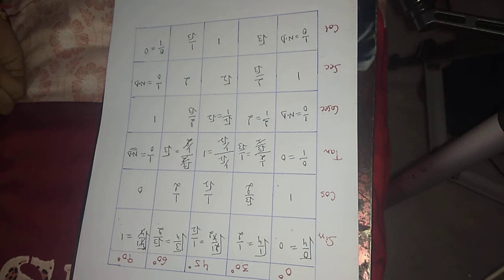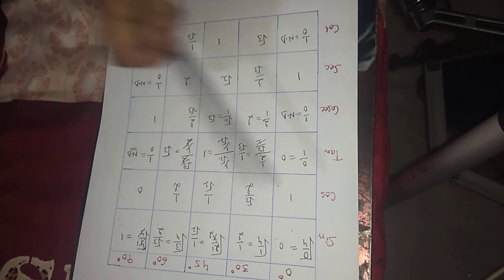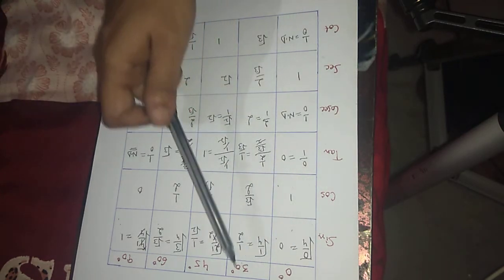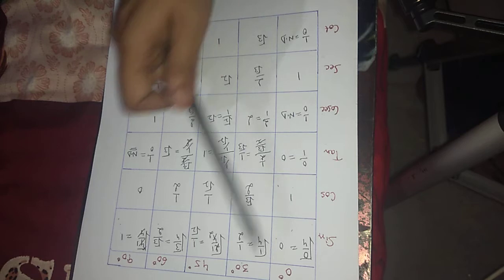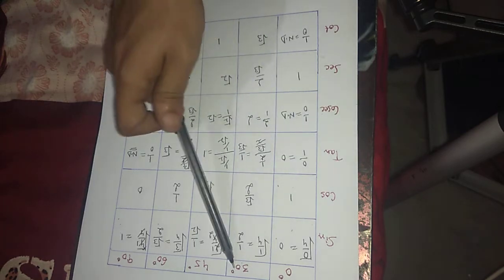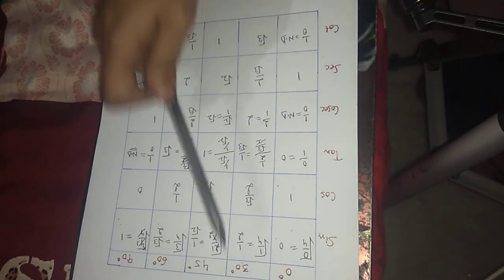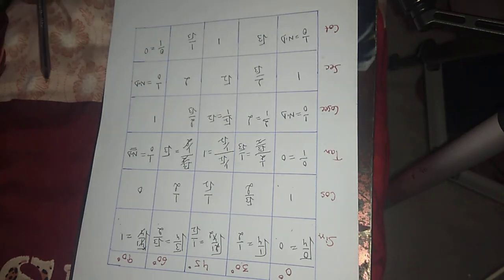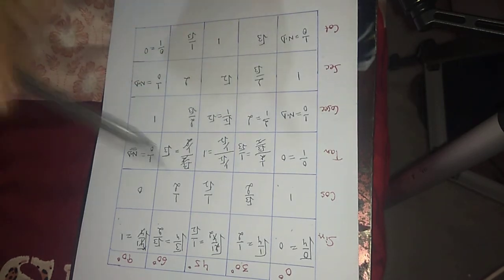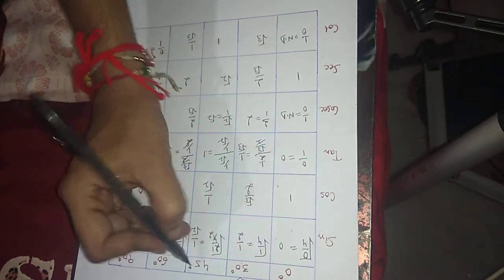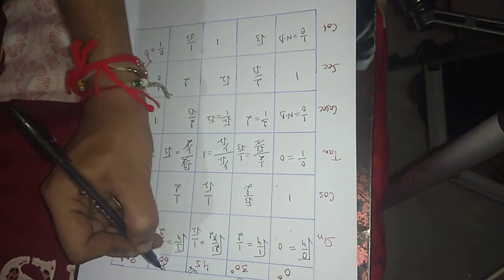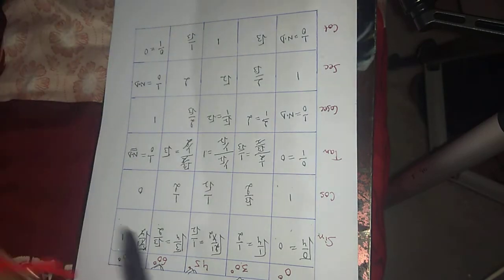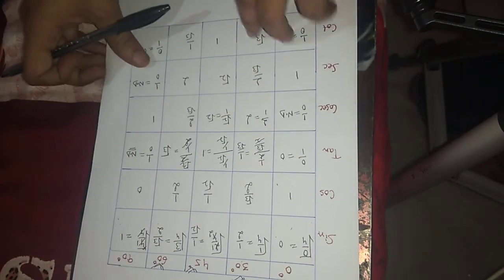Now let us study whether these values hold logically correct or not. Means, is sine 30 1 by 2, cos 30 root 3 by 2, tan 30 1 by root 3, cosec 30 2, sec 30 2 by root 3. So in this video we will discuss the trigonometric ratios of 30 degree, 45 degree and 60 degree. So now first of all let us go for the T ratios of 60 degree.